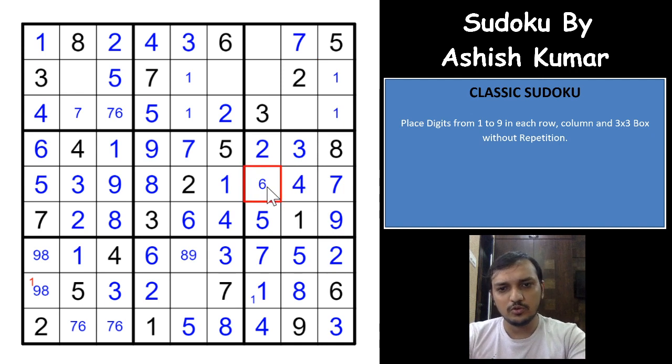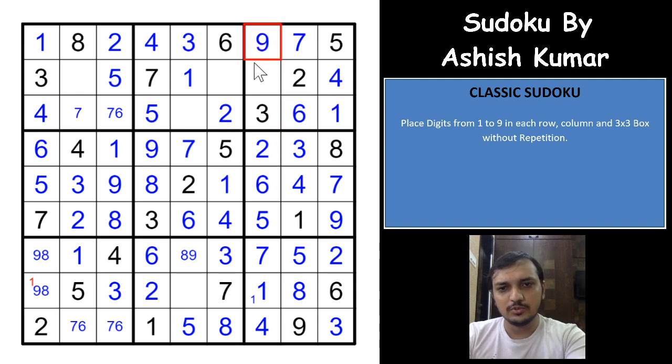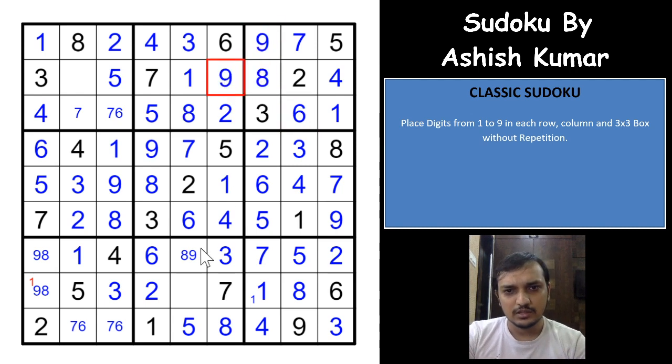So this would be a 4, this would be a 6, and this 4 gives you a 4 in one of these two cells, and because of the 4 here, you already have a 4 here, it will be 1 here, and this gives you a 1 here, right? And 6, 8, 9 are the remaining digits, so 6 would have to be here, this would be 9, this would be 8, that gives you 8 here and a 9 here, and this 8 9 gives you a 9 here, and this would be a 4.